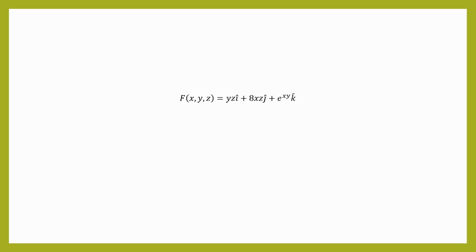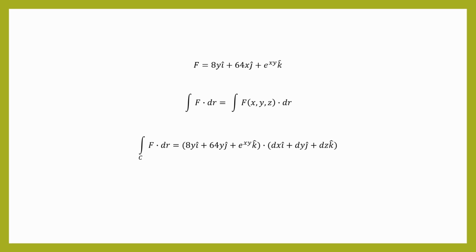Given the equation F(x,y,z) equal to yz i plus 8xz j plus e^(xy) k, with C being x squared plus y squared equal to 16, and z in the plane z equal to 8. So the first thing we need to do is substitute z in the equation, and then by using Stokes' theorem we will get the integral of F dr equal